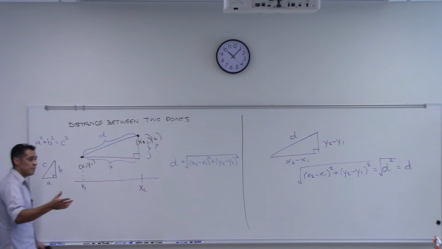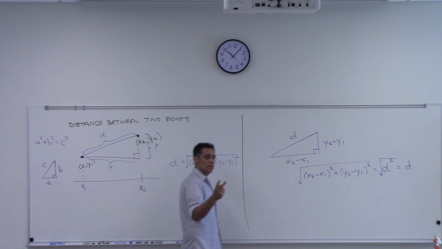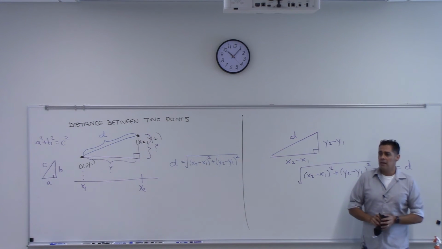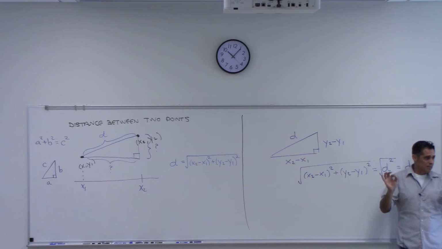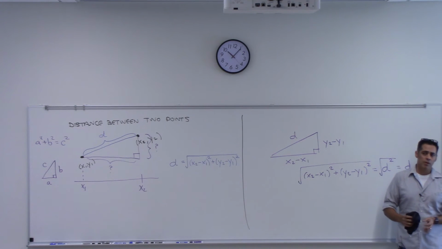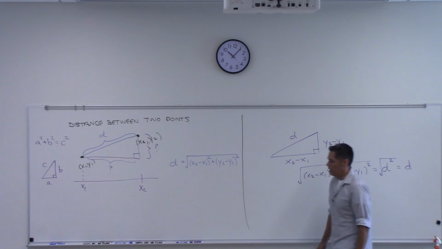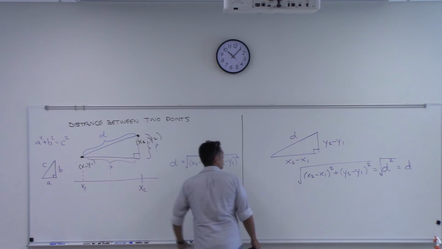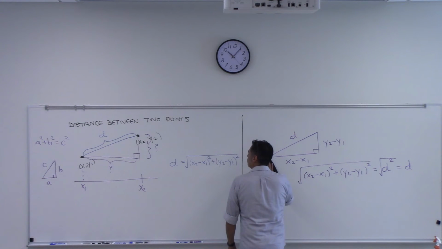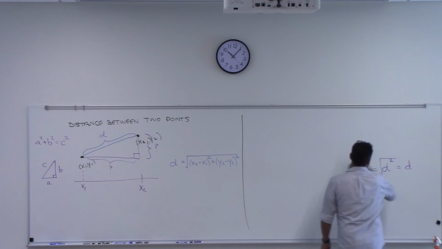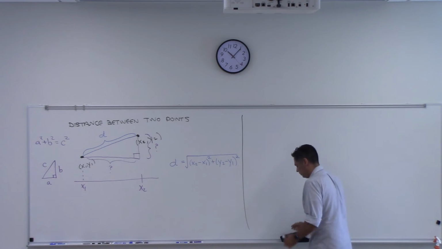So recap so far, if I give you 2 points, you should be able to find the midpoint. That's the point in the middle of the two. And if I give you 2 points, you should be able to calculate the distance between those 2 points. We good? Questions? I'll move on. All right. Go here. Let's talk about lines.